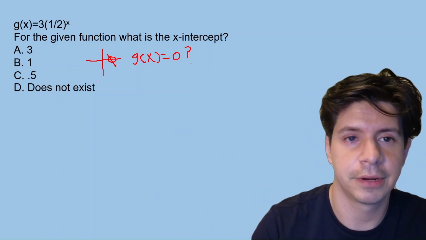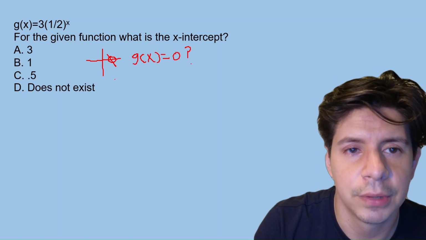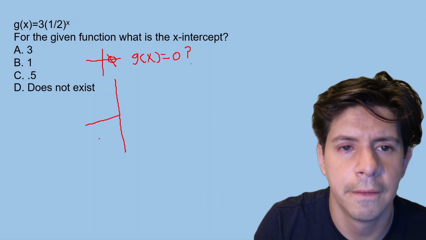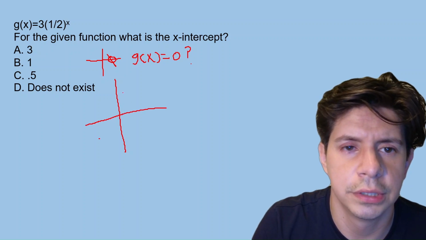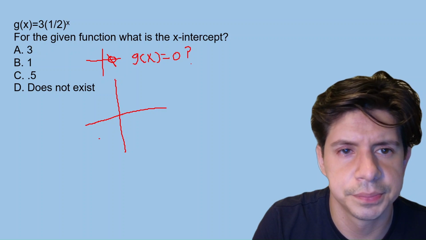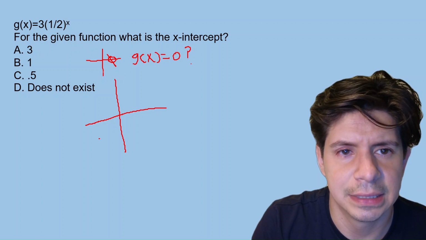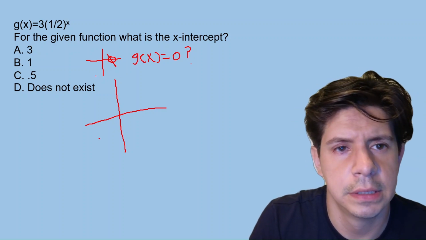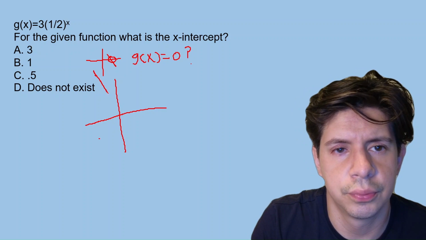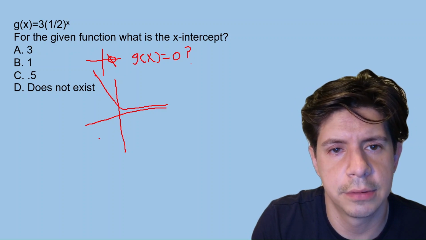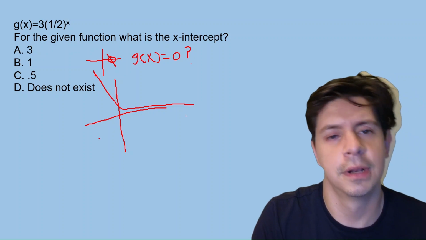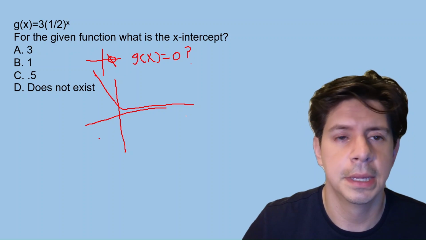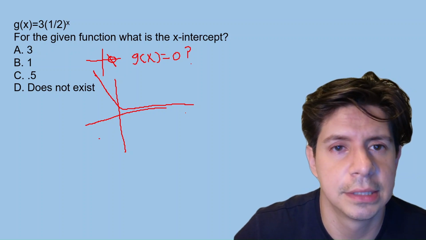So if we graphed it, it would look something like this, you just climb and climb and climb, like that. It's going to keep getting smaller and smaller, but it's never actually going to cross the x-axis. Okay, so with that in mind, let's go to